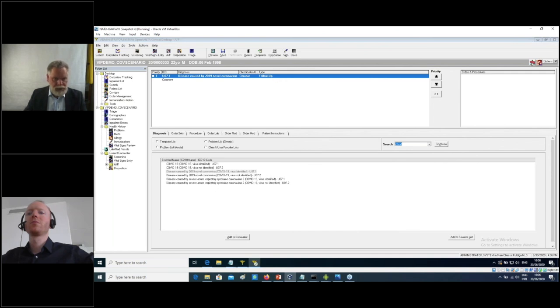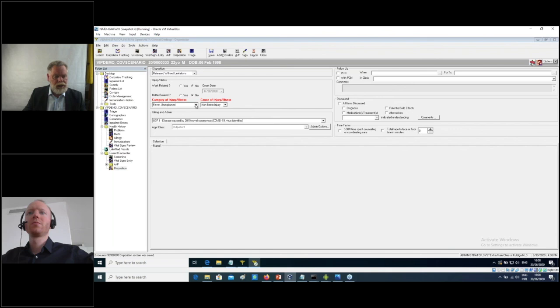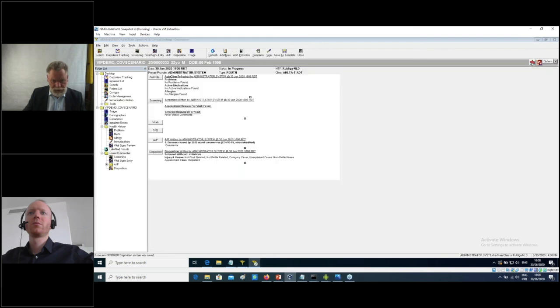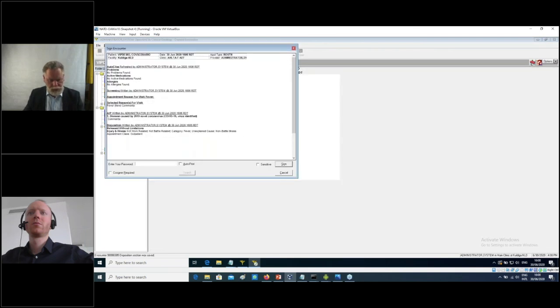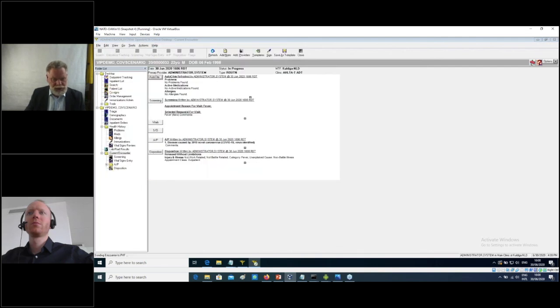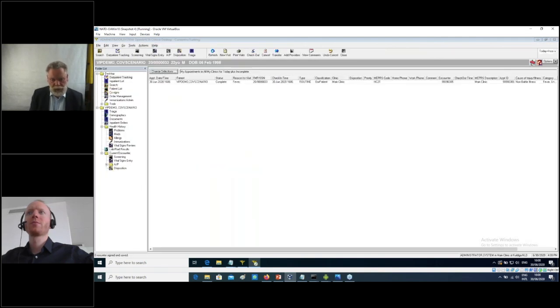I'm going to click this position. I'm going to choose fever, and the cause of the illness is going to be a non-battle illness. I'm going to sign this position. And once I've signed this position, OpenAHLTA is sending out a sensor message to the medical capability. I'm going to hand over to Daniel again. Over to you, Daniel.